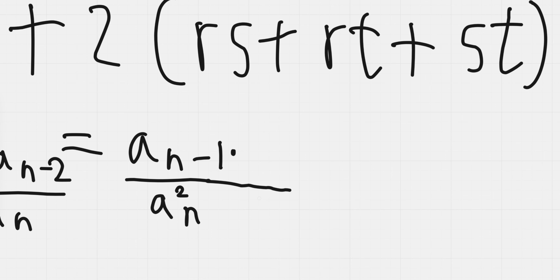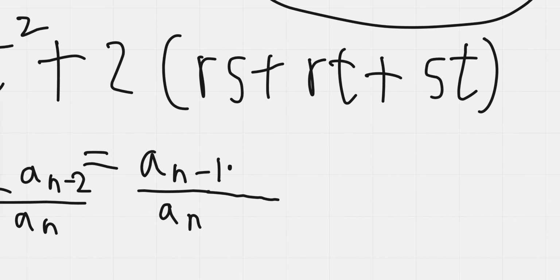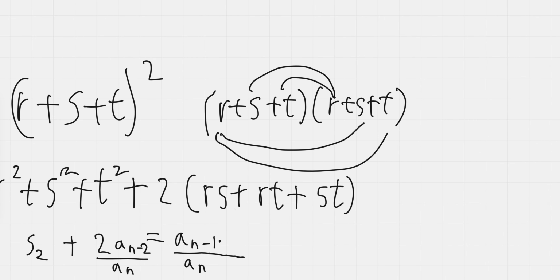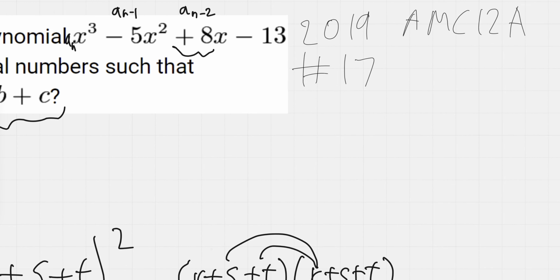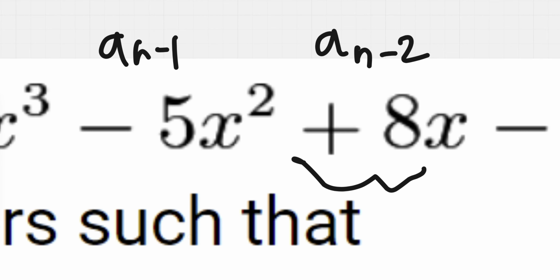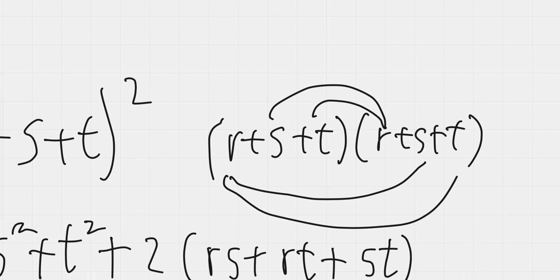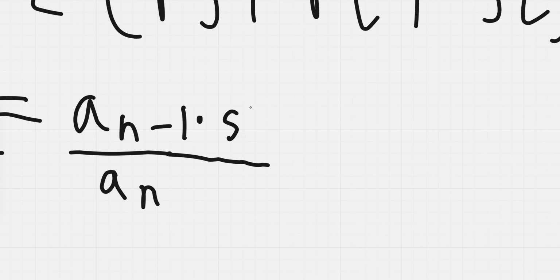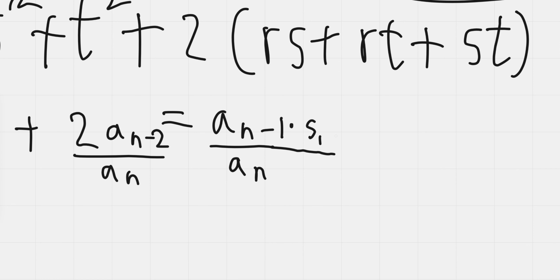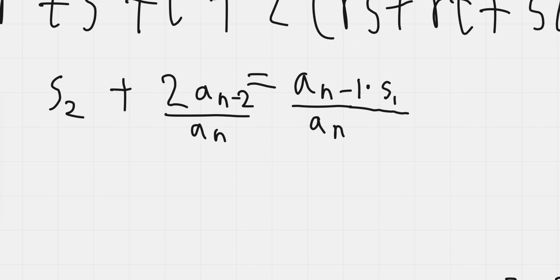So let's take out the squared from here as well. We're going to have a sub n minus 1 times, what's another way to write the sum of all the roots? It's just s sub 1. And you don't need to divide by a sub n for that. So the expression you're going to end up with